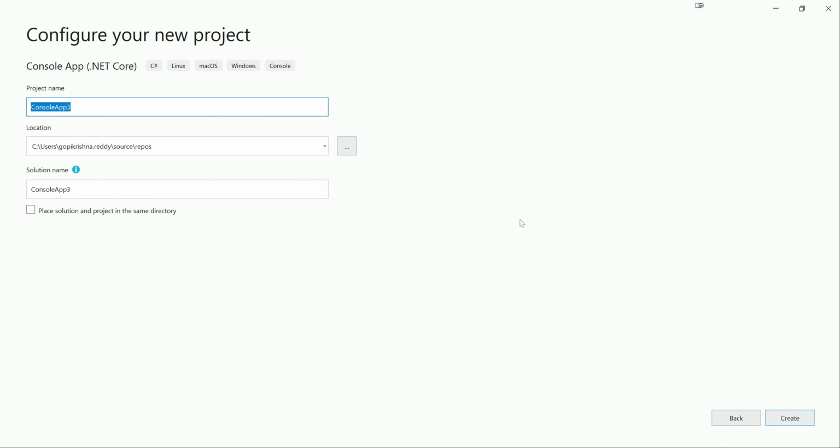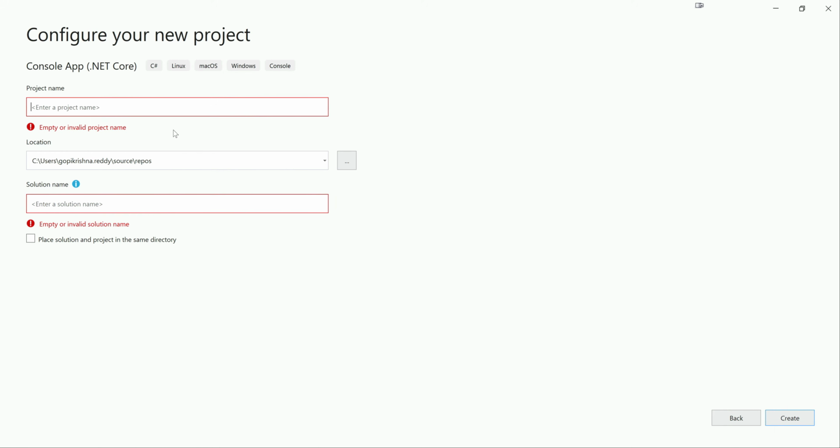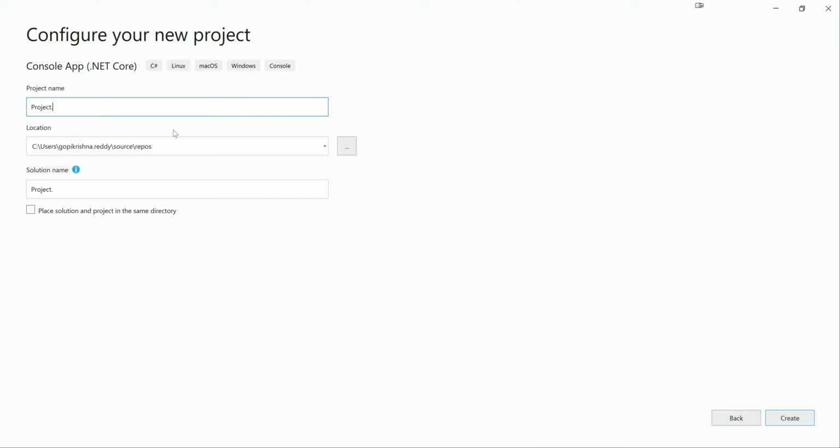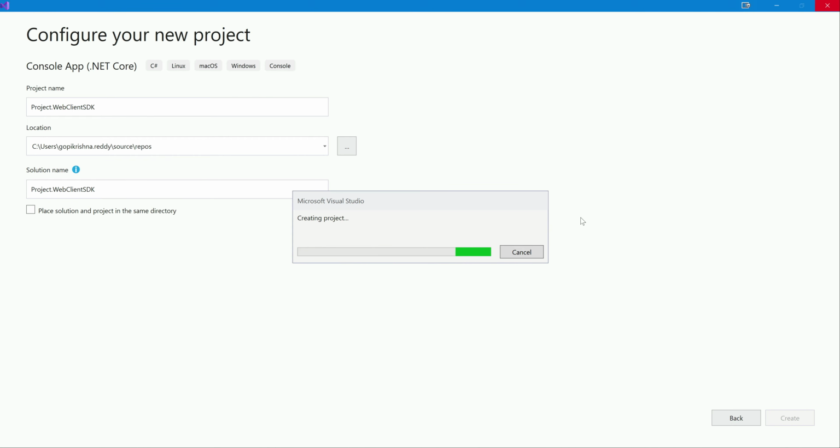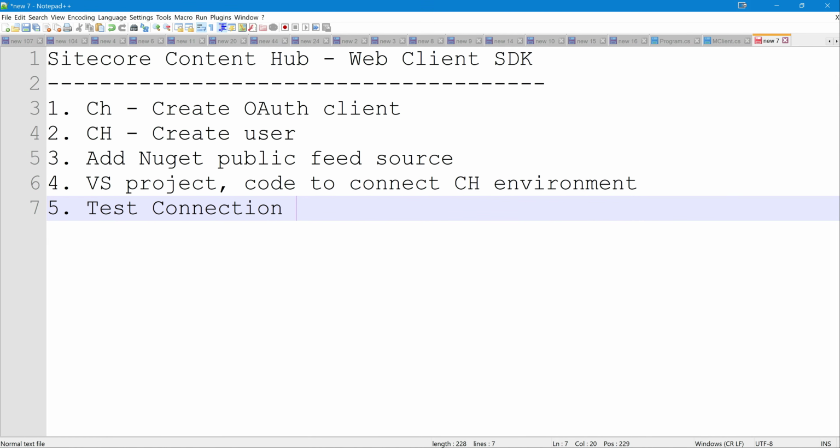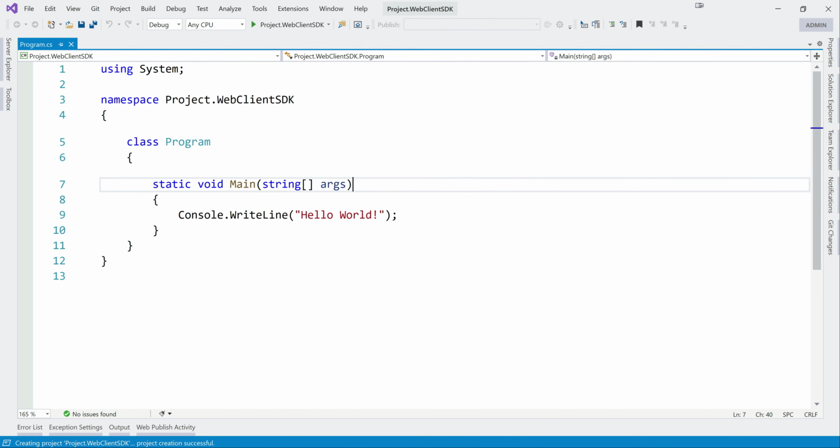Next, and we can name the project Project.WebClientSDK. Create. Yeah, the project is created.